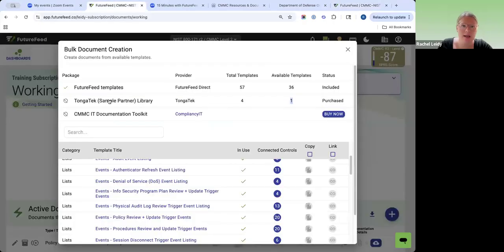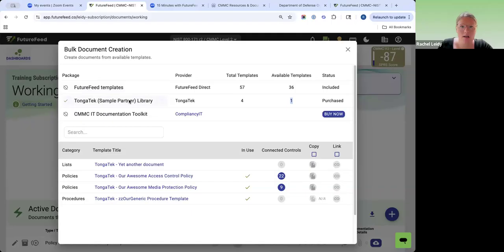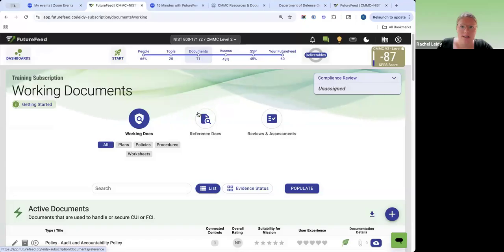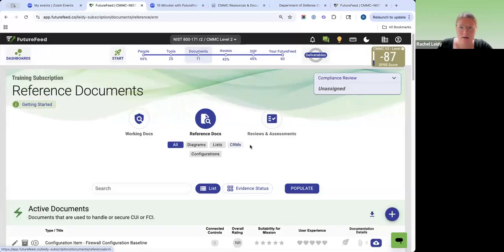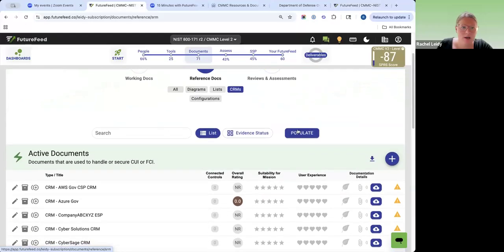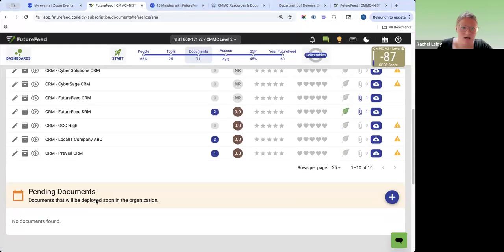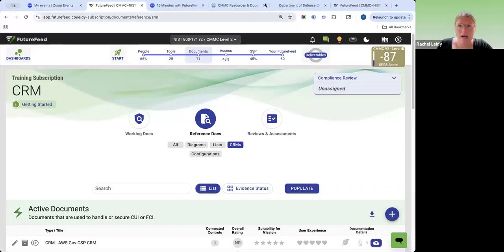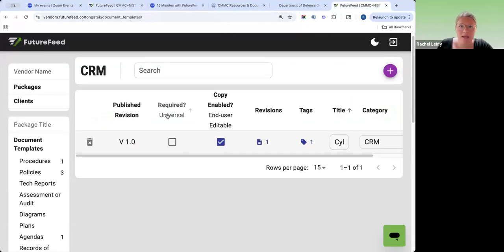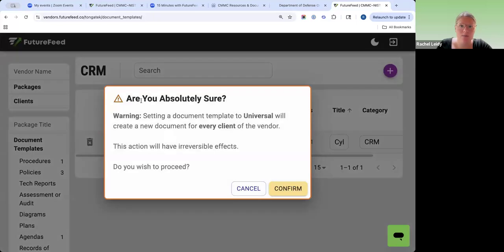So right now I'm in my environment right here, and here's my Tonka Tech library. And let's go to my CRM section over here. And right now you could see there's no CRM for that company I just created. But if I go over here and I make it required universal, what I'm about to do is that for every client of mine